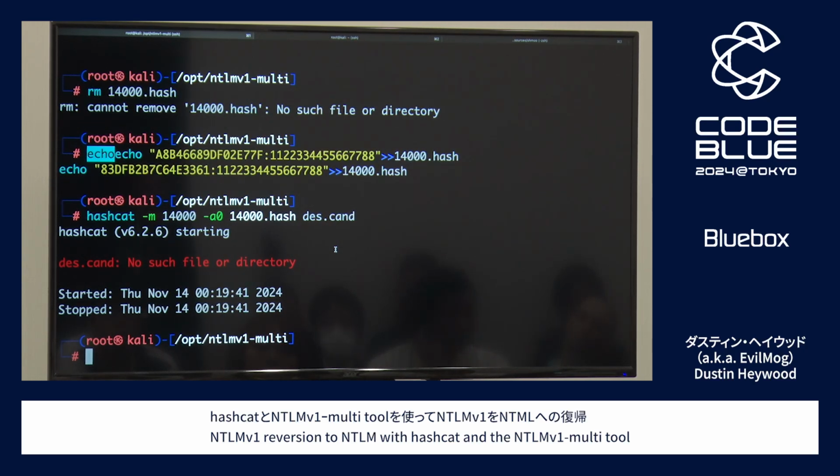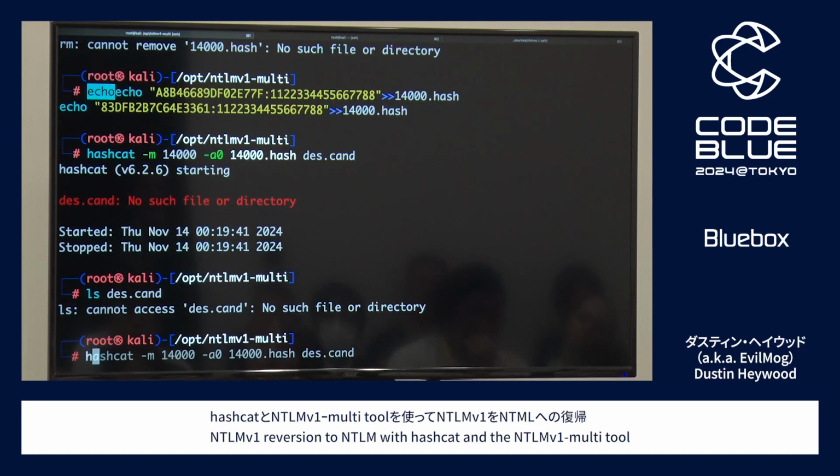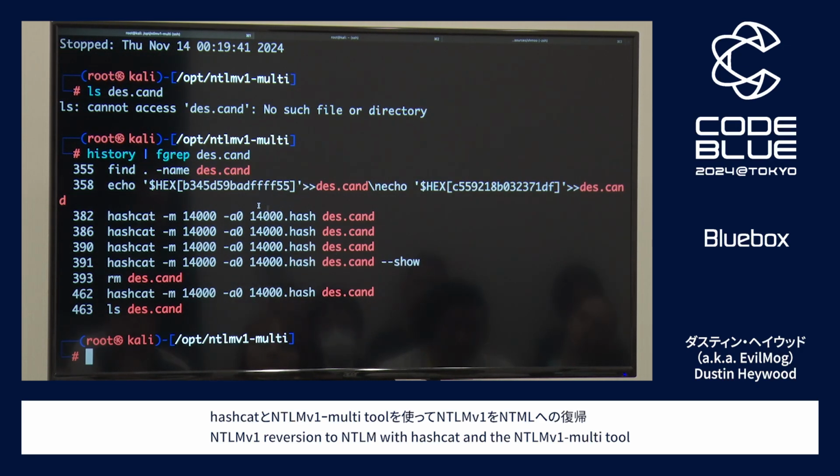See, this is the joys of a live demo. I'm pretty sure I cracked this, but let's go over and see what my des.cand file is. I may have deleted it. History, fgrep des.cand. Is there a note that results are,